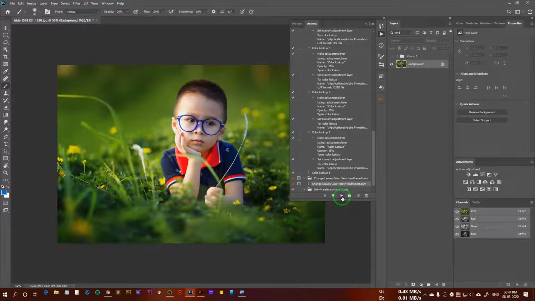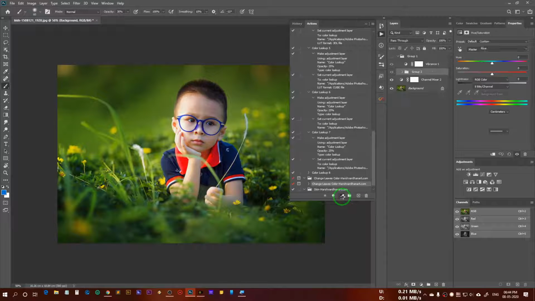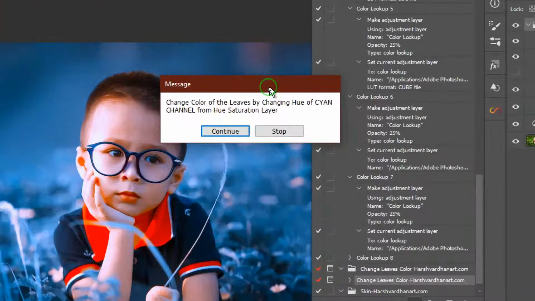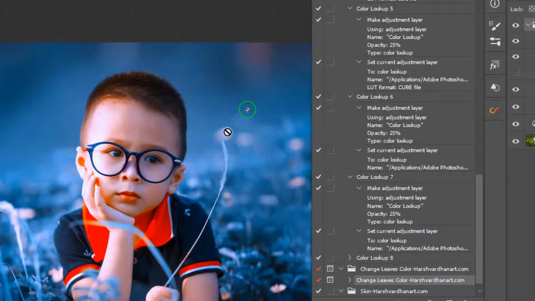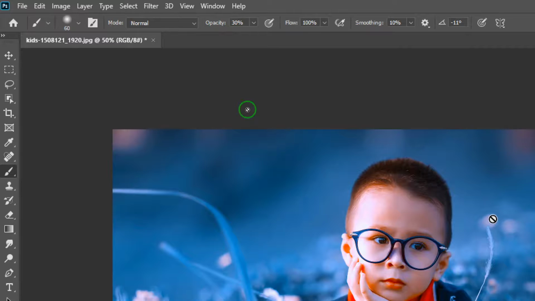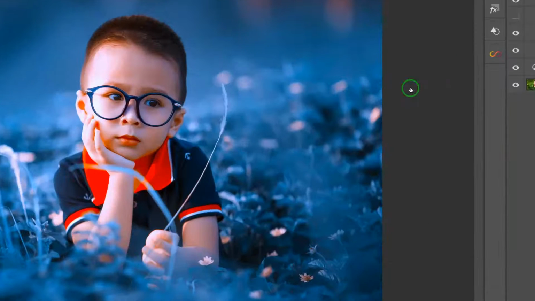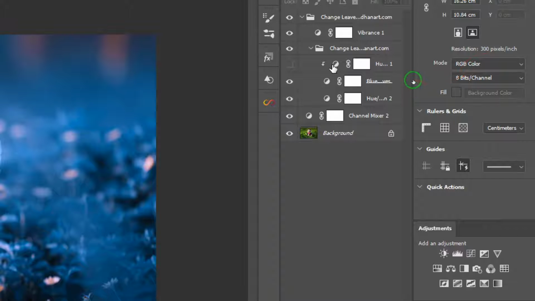So let me show you by clicking this play button, and boom, you can see it's going to show you the message: you can change the color of the leaves by changing the hue of the cyan channel from the hue saturation layer, and thereafter you need to press continue. So if you are happy with this color, that's fine, but if you want to change this color to something else, then again you have to come over here in the hue and saturation layer.